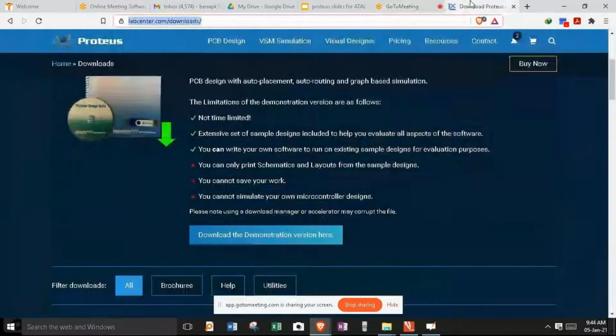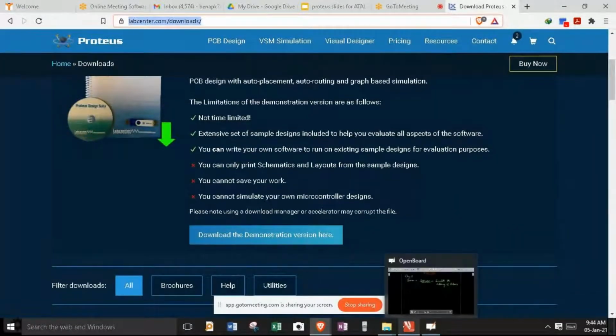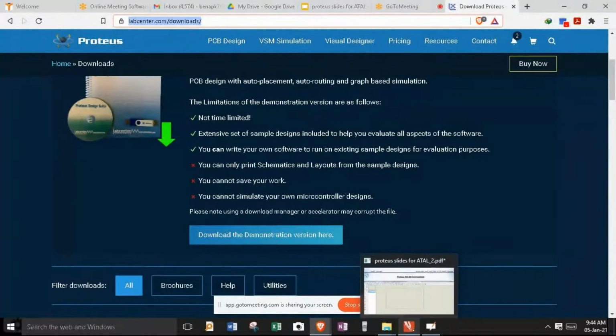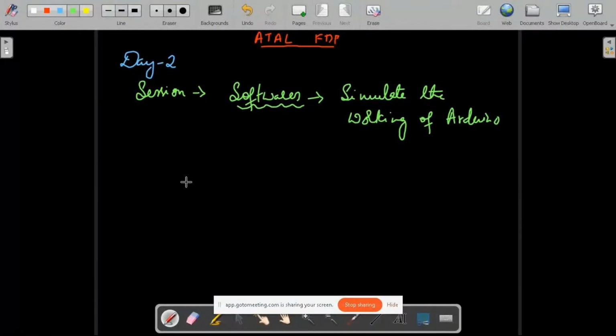Now, I can take you through the actual download process as well as the installation process.